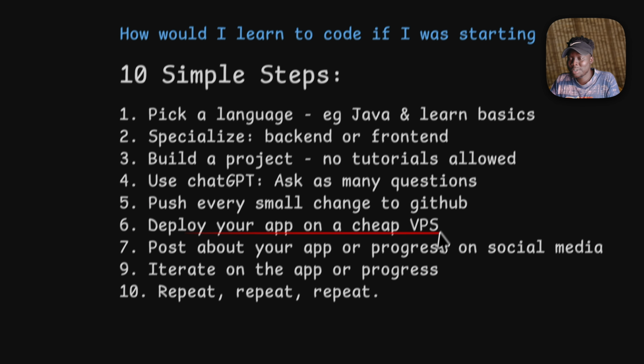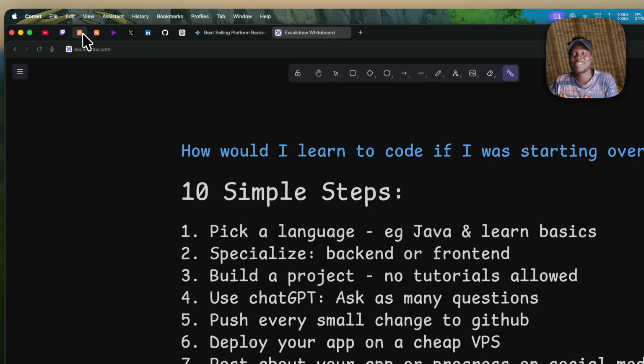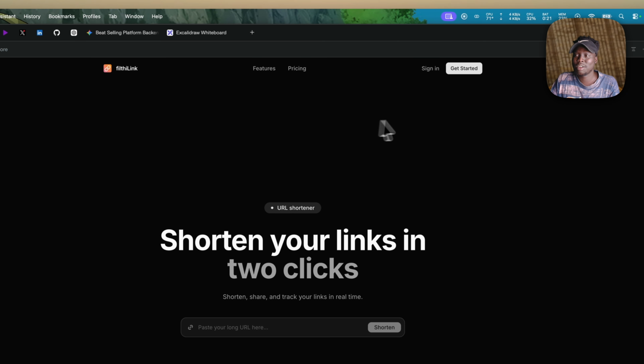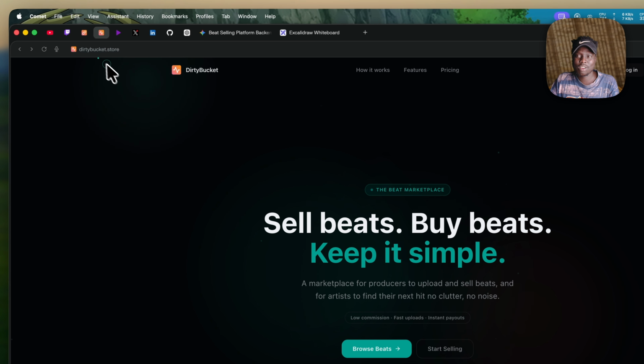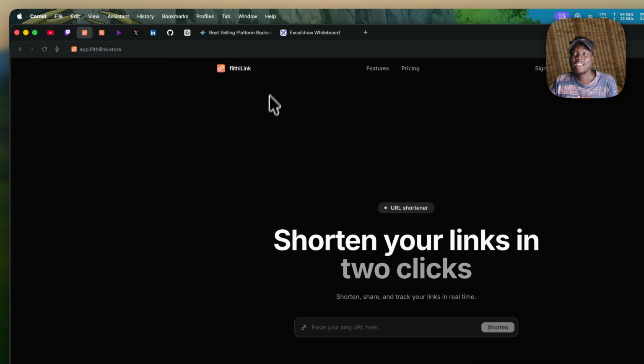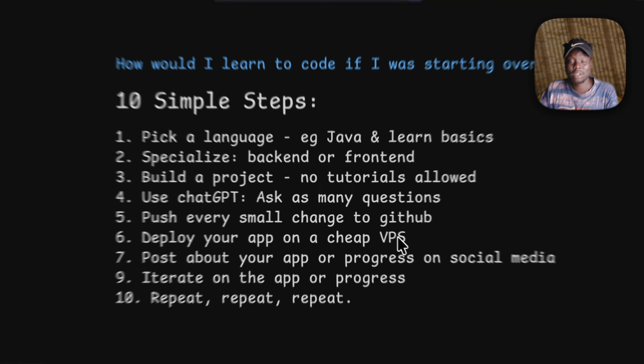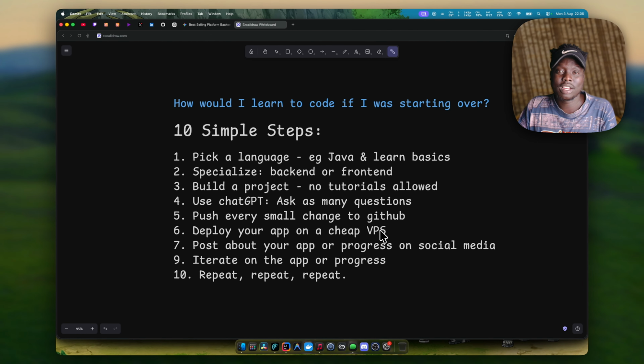And when people see your deployed applications, you really look very professional compared to anybody that is just watching tutorials. As you can see, I have my applications that are live, and all of them are hosted on a $5 VPS. And these applications are not just simple applications, they are really big code bases with about 10,000 lines of code in both of them combined. Both of them combined will be about 30,000 or 40,000 lines of code, just backend lines of code alone. So that being said, deploying your application should be step number 6.